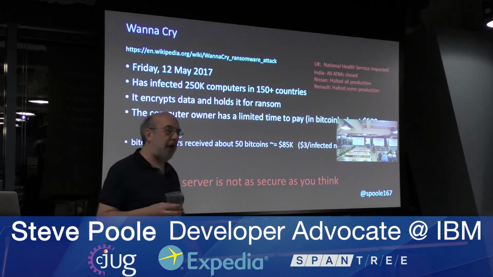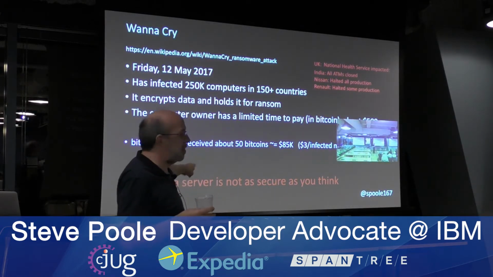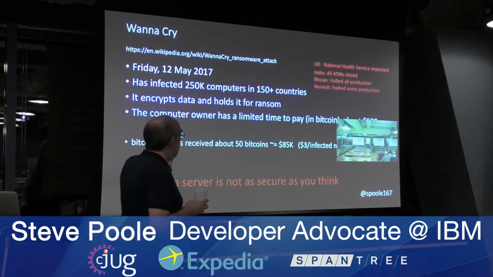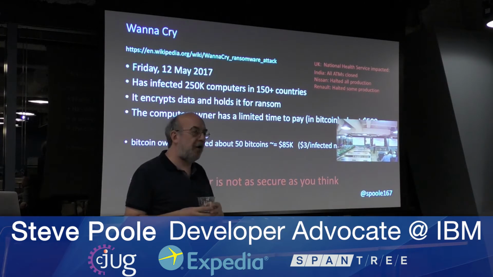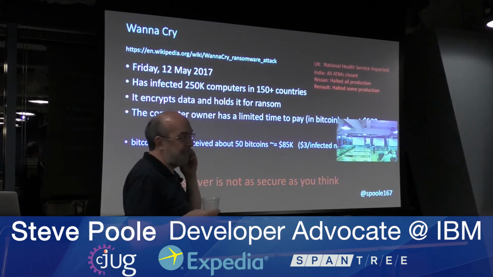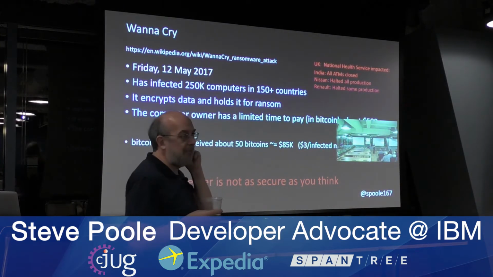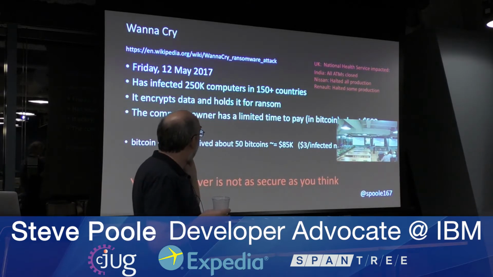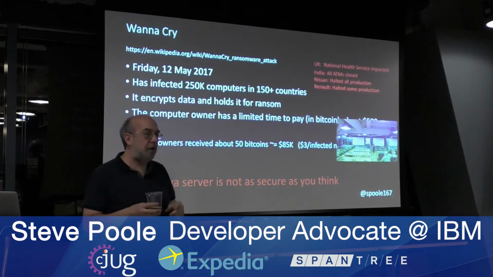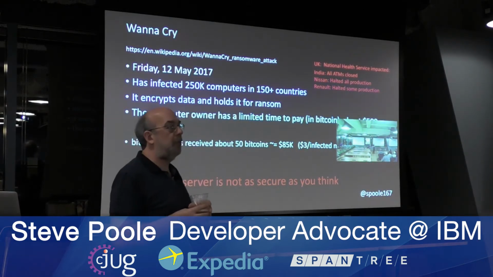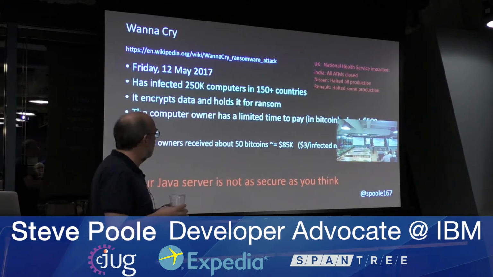And the horrible thing is that some journalists managed to reach out and find the guys who did this. It's an anonymous conversation. And those guys said, yeah, it wasn't much of a success. We only made about $85,000. How do they get paid? Through Bitcoin, anonymous Bitcoin. So it's untraceable, which is one of the reasons why ransomware is growing so much,